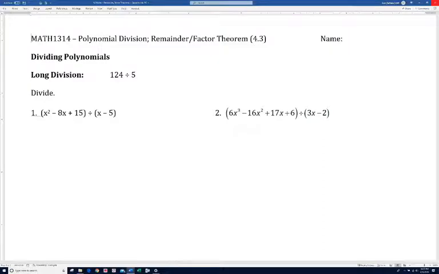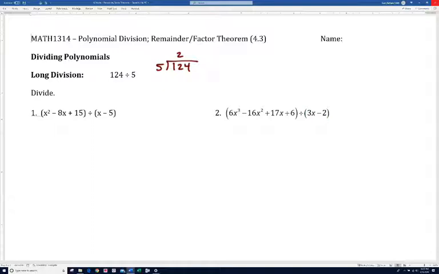much like what we do when we do a long division problem. So if you were doing this problem here, 124 divided by 5, at least in the United States, the way we normally would teach this is you would divide 124 by 5, and we'd write it this way. And then we'd ask ourselves, how many times does 5 go into 1? It doesn't. How many times does 5 go into 12? It goes 2 times. And now that 2 goes right above the 2 there, since we were dividing 5 into